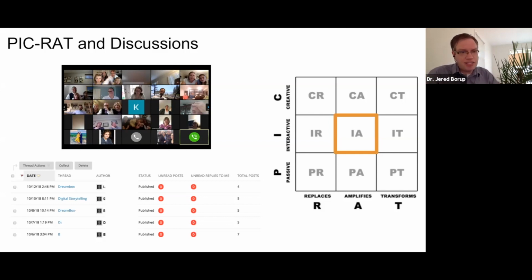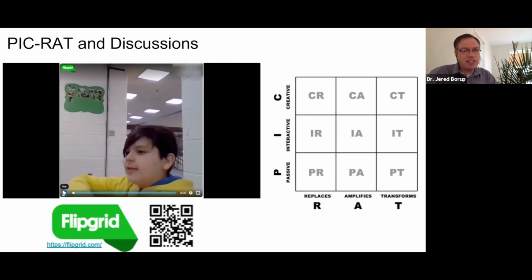Another way to do that, instead of text in the next slide, you can actually have them post videos. So you can have students post videos on tools like Flipgrid, and it's a different way to communicate. And in essence, they're creating something new. So this student created a mini video that was kind of cool, right? He wrote out the script and then presented that. So you can see in the next slide,